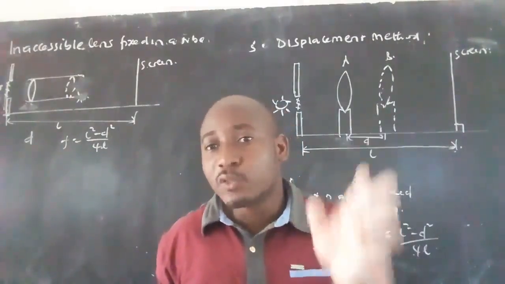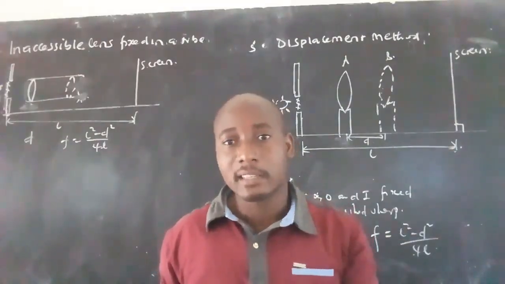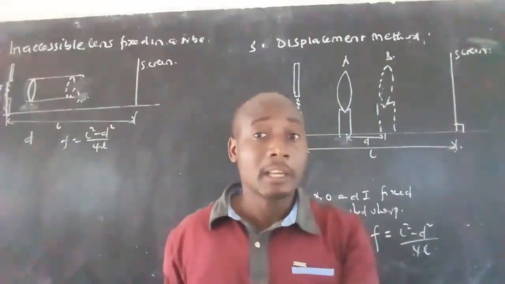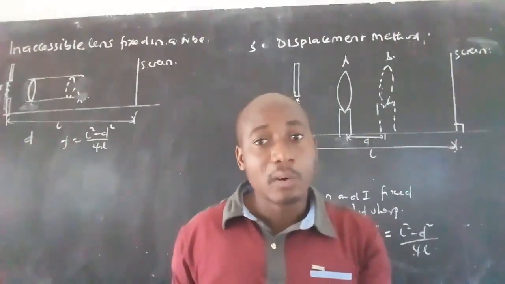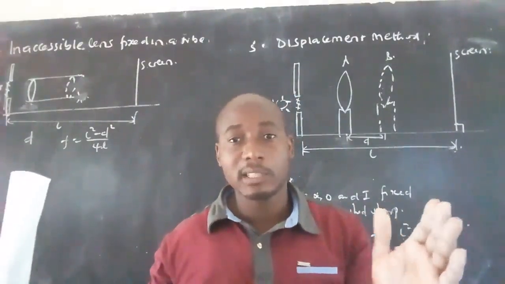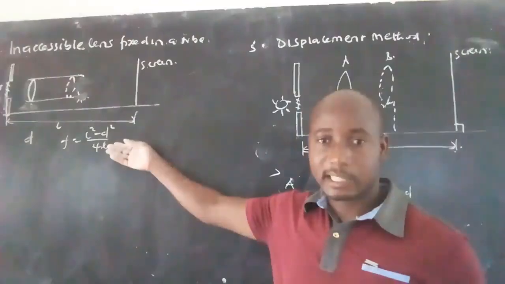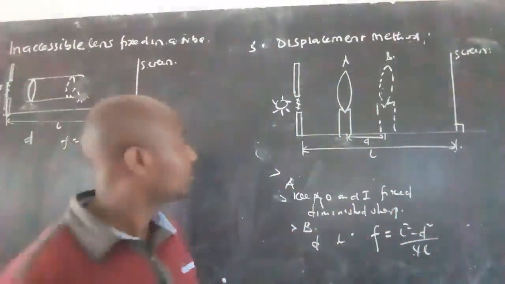The end A of the tube is marked. The distance between the two marks, remember you mark it when you get the magnified image and when you get the diminished image, mark at the very end of the tube on the table. So measure the distance between the two and measure the fixed distance between the screen and the illuminated object, from which you can get this. Is that okay? Then let us go to